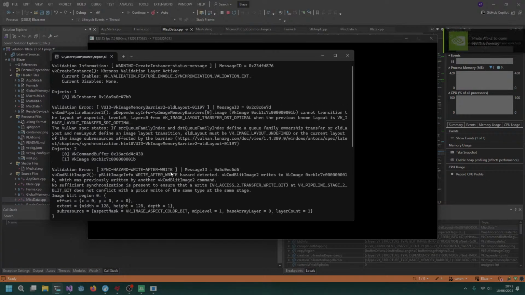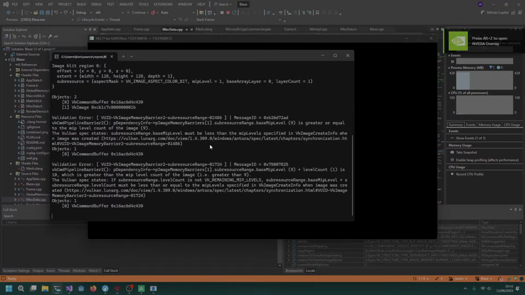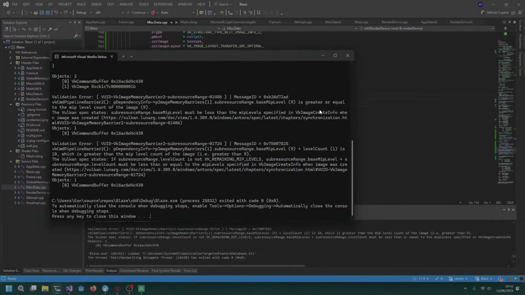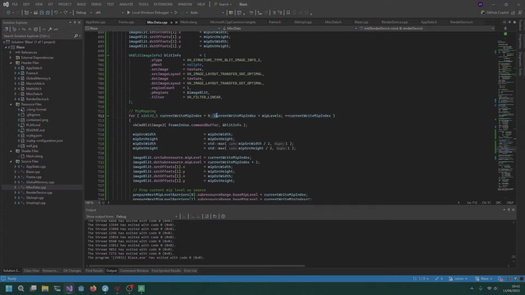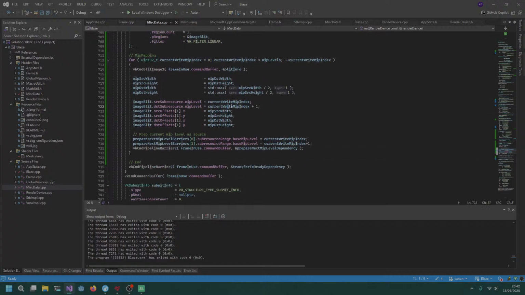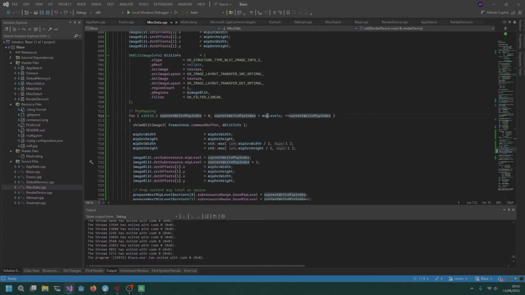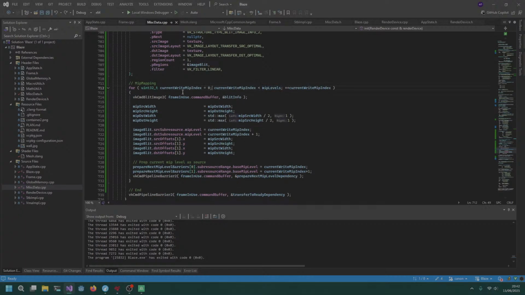Okay, much less in terms of the number of problems. Base mip level 9 is greater than or equal to mip level count of the image itself. That too is expected. I mean, not expected as in I thought about it, but expected as in, okay, that's an obvious error I can make. So this little thing is known as an off by one index error, very common for software devs. One index, because I do a +1 here for the next mip level. The destination mip level can be above or equal to mip levels here. That shouldn't happen. So in fact, what I will do is I'll swap from a